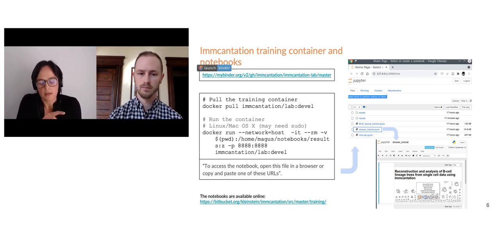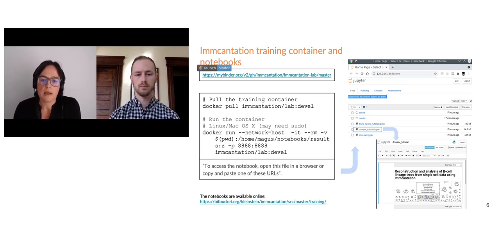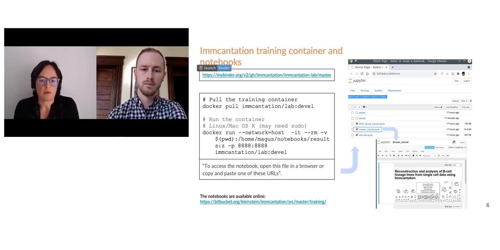You will get a message that says to visit a URL. You just need to open the URL in your browser, and you will see the notebooks. You could also use a release container, or if you already have the tools installed, you could use your local installation. But as I said, for today we are going to focus on Binder